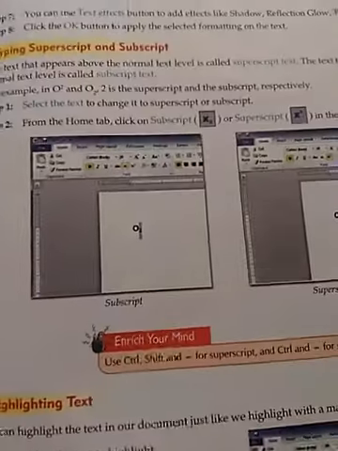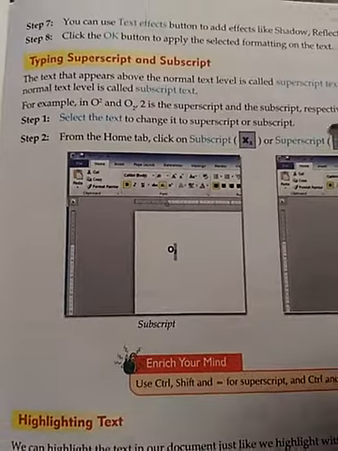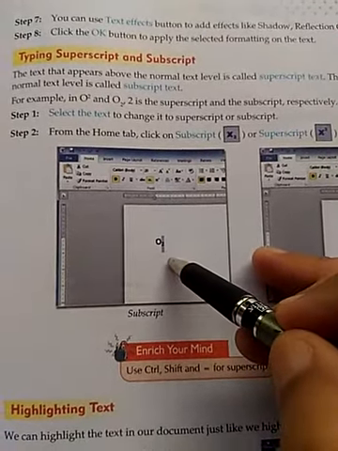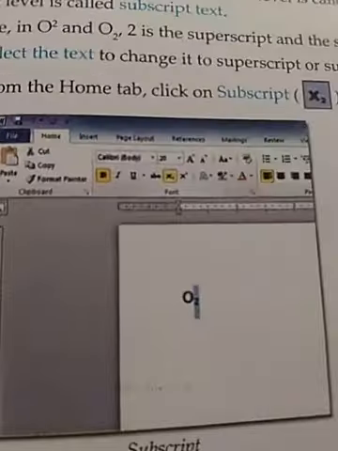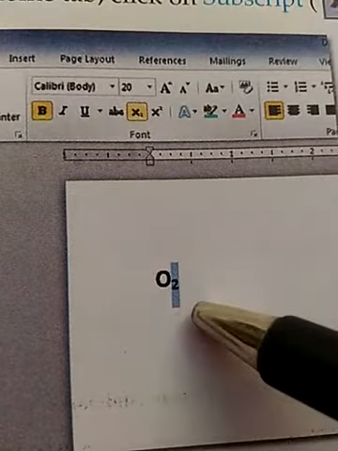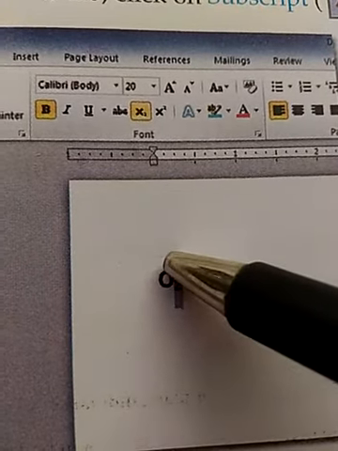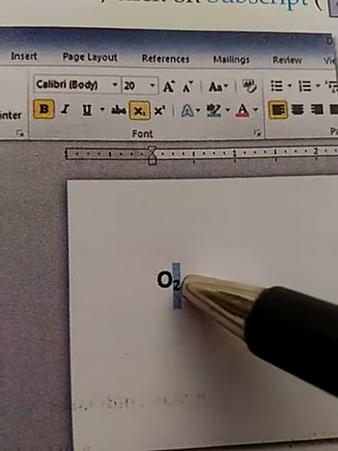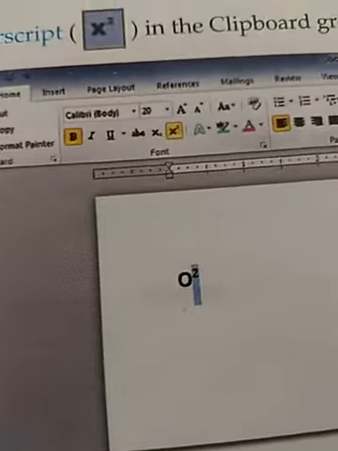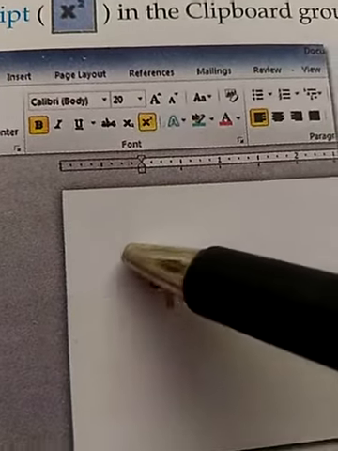Now subscript and superscript. Subscript means when text appears below the normal text, like here, suppose it is O2, it is subscript. And the text which appears slightly above the normal text is superscript.